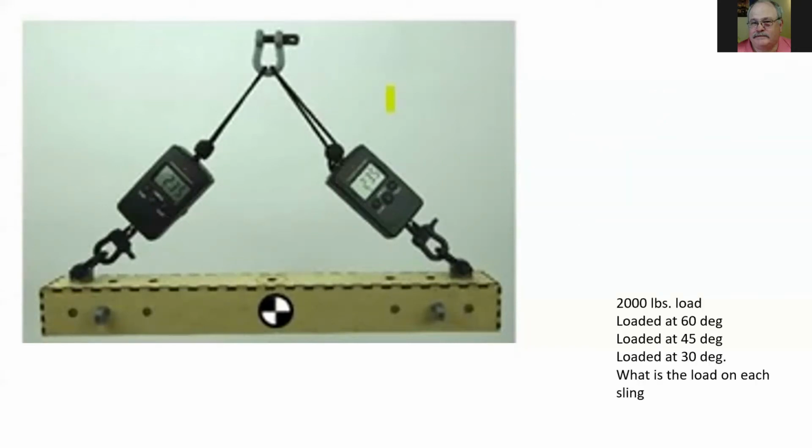And so if I have a 2,000-pound load, we have to figure out, based on various angles, what loads are on the sling. So you have a 2,000-pound load loaded at 60, 45, or 30 degrees. And the question would be, what is the load on each sling? And the way you're going to get there